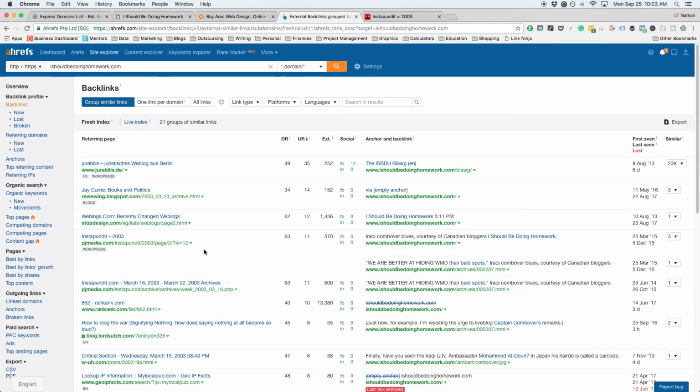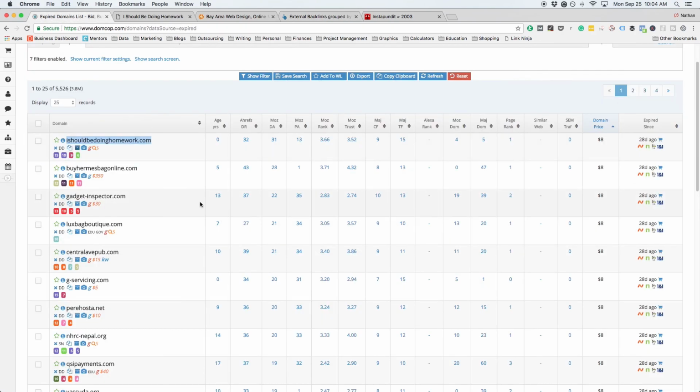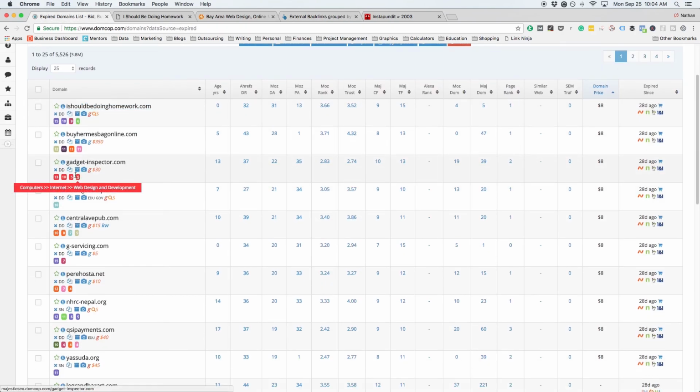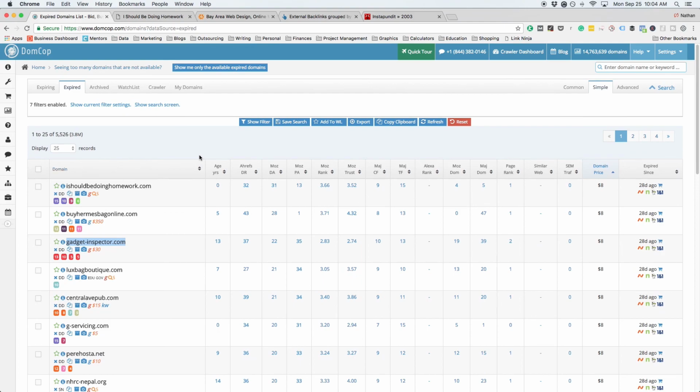But the white hat alternative to PBNs is so incredibly effective because you don't even have to buy an expired domain. You can actually just extract all the high quality links away from these expired domains. So now we'll go back to the list of expired domains. And we're just going to keep going through here until we find some quality opportunities, which may take a very long time. But the good news is with expired domains, they are very, very cheap. And when you compare that to expiring domains, there is a huge difference because expiring domains can get very expensive because people are bidding in an auction to secure them.